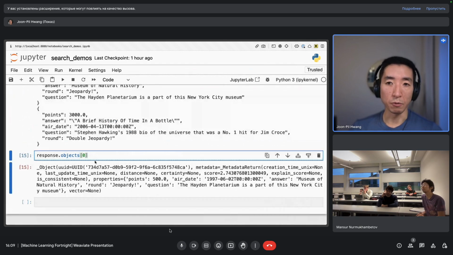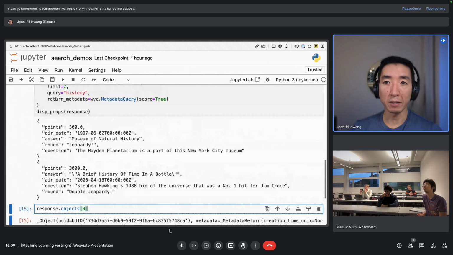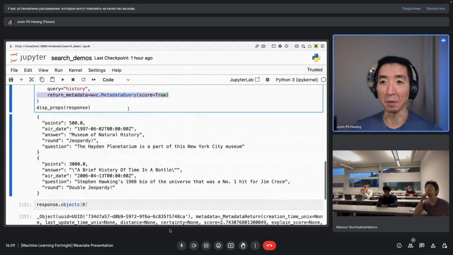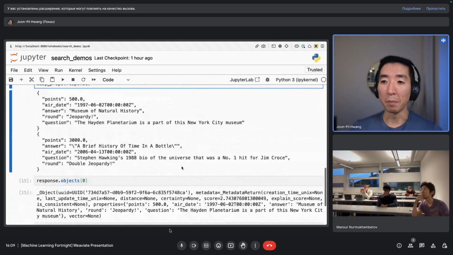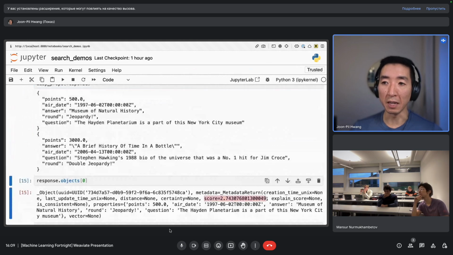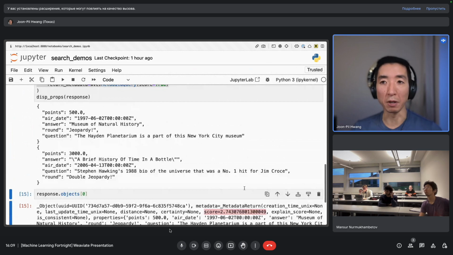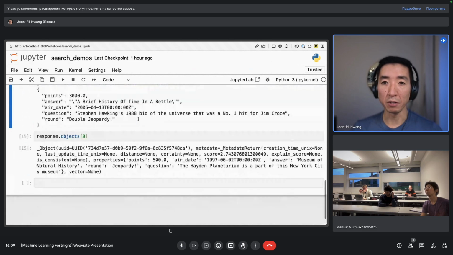So if I look at this result now and I request something called a score, don't worry about the syntax, because you can just look that up in our documentation. You'll see this thing called a score. And in a BM25 search, that is your BM25 score, as in how well did this object match our query. So that's a BM25 query, BM25 search.